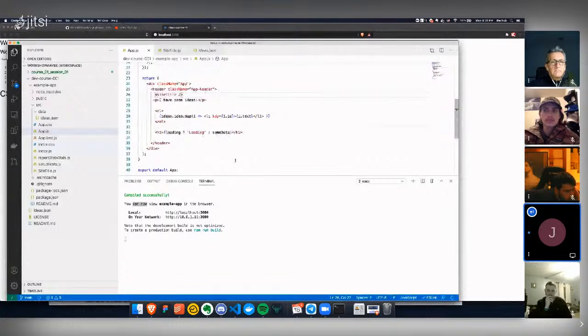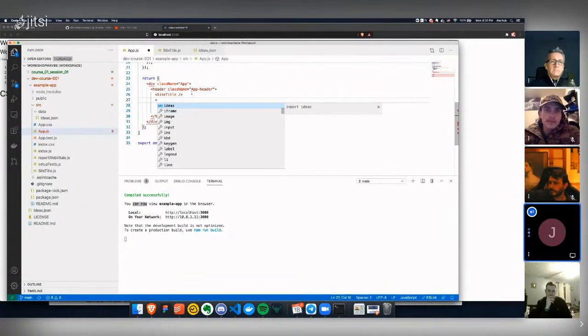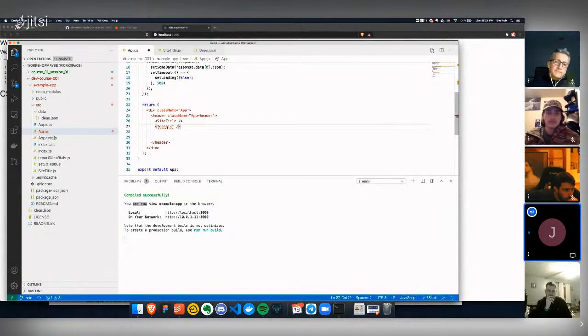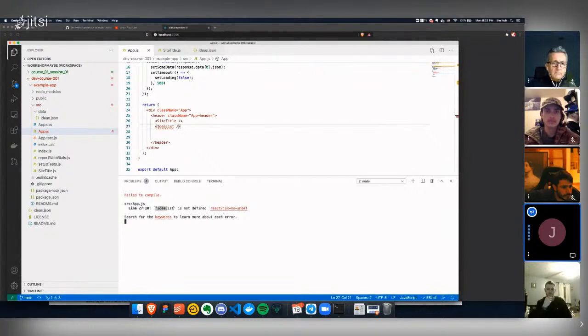I'm just going to do the same thing with the actual data here, okay? And let's just remove this. I'm going to make a tag, let's just call it idea list, okay? Close that. Now that's not made yet. So now I'm getting an error because I'm calling something that's not imported and doesn't even exist, right? And so obviously you can imagine if I save my work, it's going to fail to compile because idea list